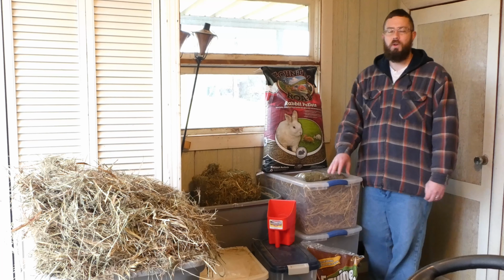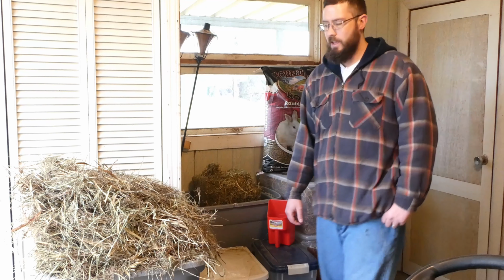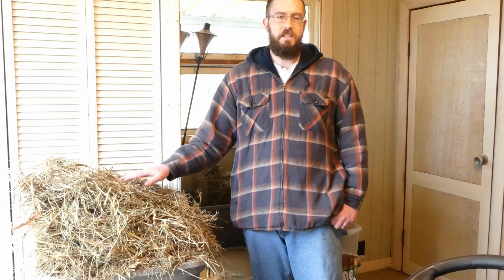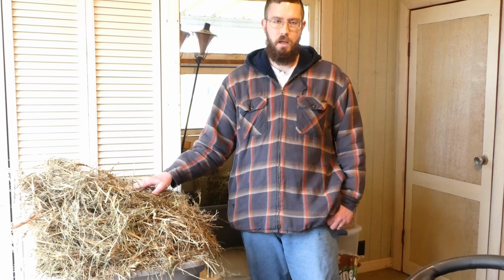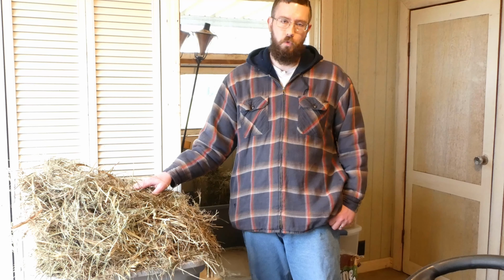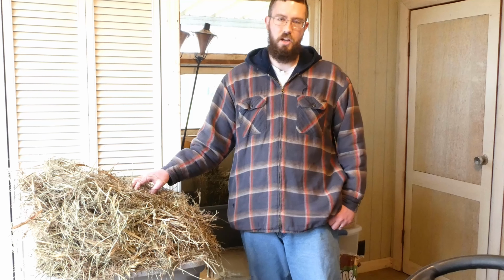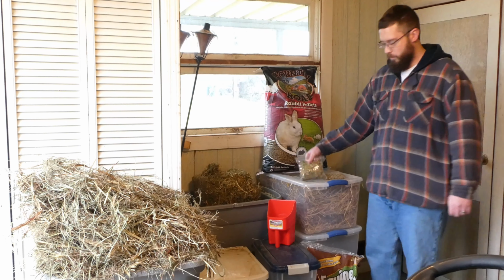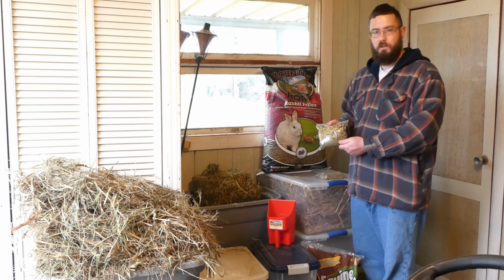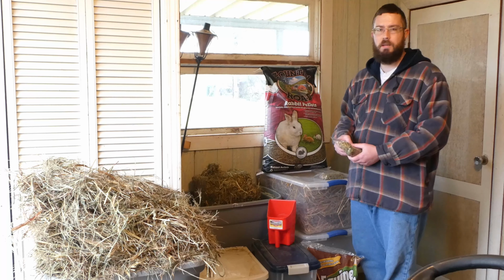store it. Once the rabbit is about a year old, you want to take them off of the alfalfa hay and move them over to a timothy or orchard grass mix. The timothy hay is lower in calories and it's lower in calcium. So that'll help prevent your rabbit from getting overweight and will help prevent them from getting any kind of kidney stones or bladder sludge, and you don't want that. When you get a rabbit from us, we will start you out with a small baggie of alfalfa just to get you started, and then you can buy your own, mix it in, and transition them to whatever you're going